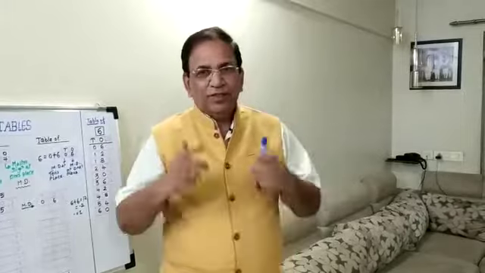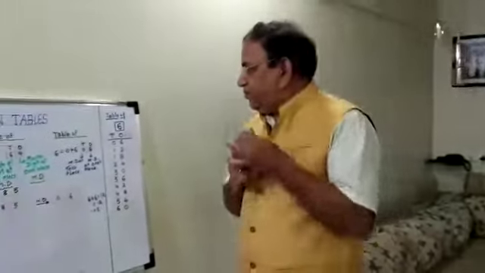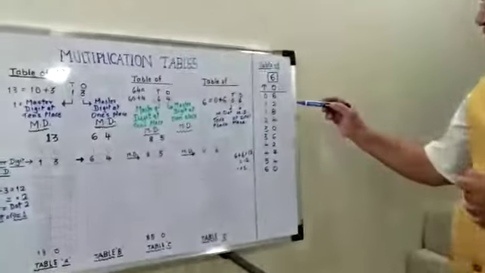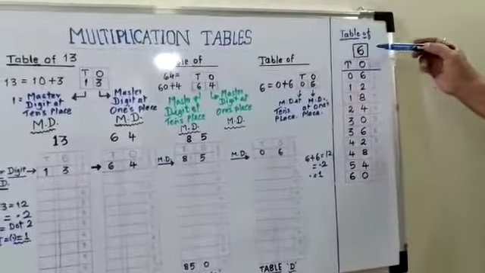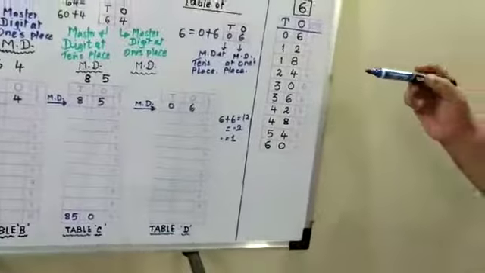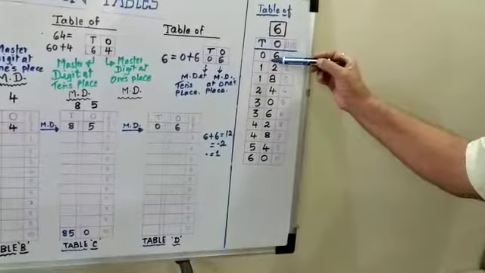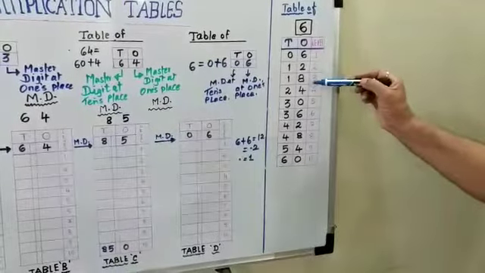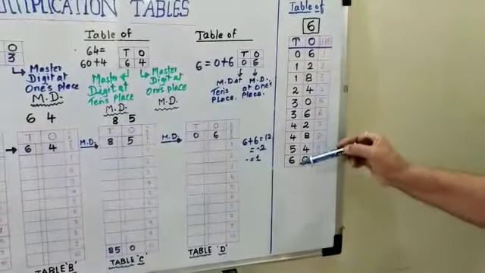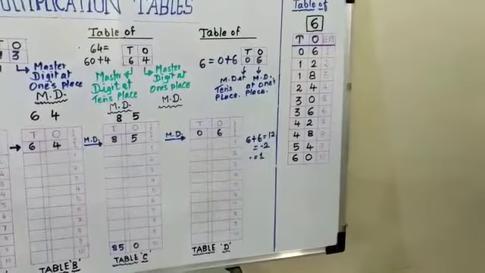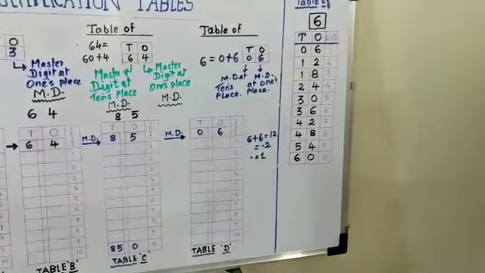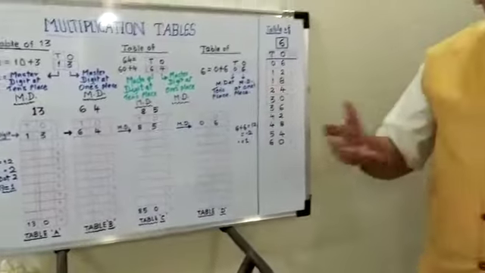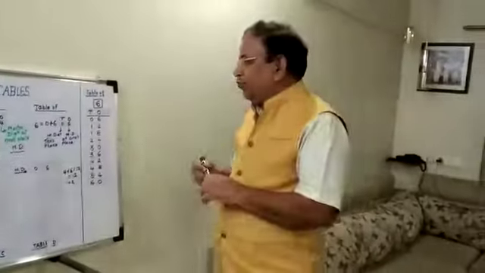Okay? So we'll start. First of all, let us again talk about the table of 6. How do we memorize this table? 6 1s are 6, 6 2s are 12, 6 3s are 18, 6 4s are 24 and like that, 6 10s are 60. This is how we normally memorize the table. But now we want to do something without memorization. So how can we do that?